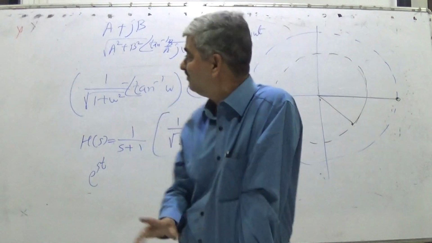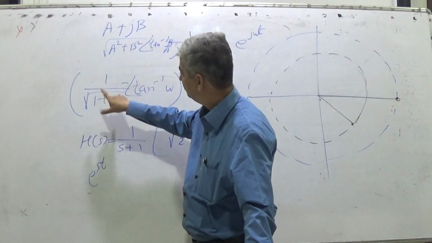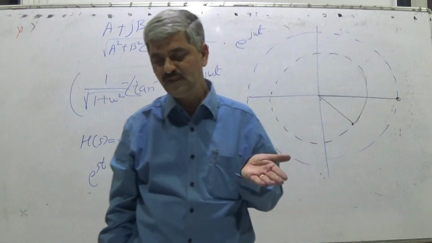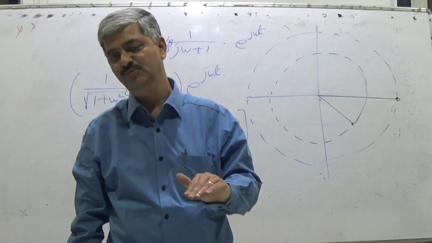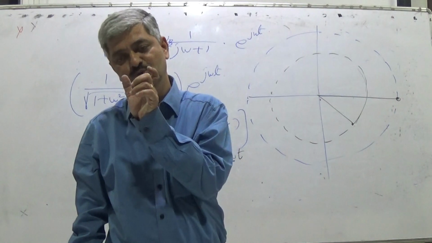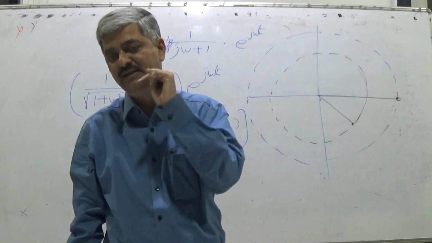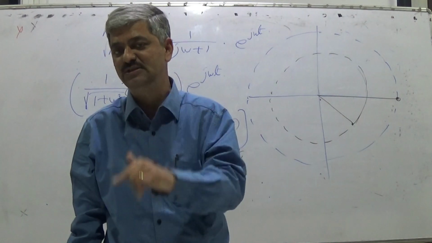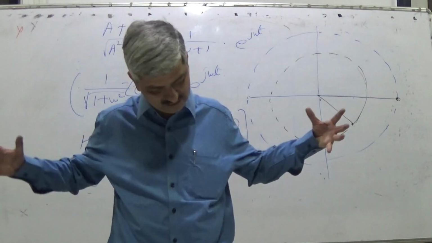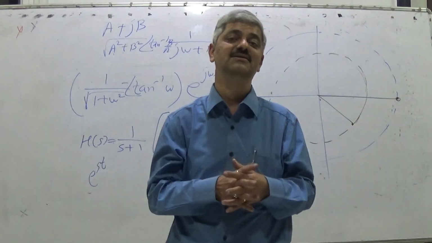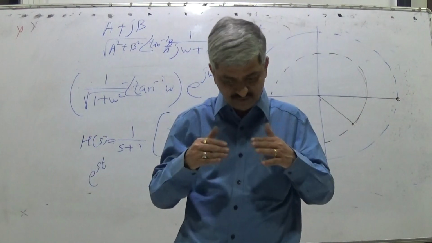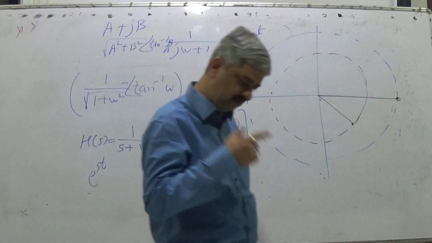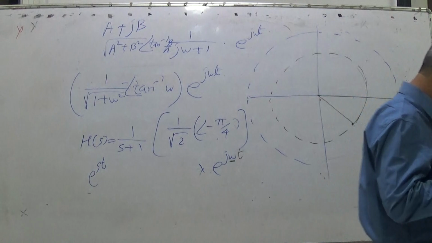Listen very carefully. This is the radius, this is the angle. So what is changed? For a rotating point input, the output radius changes and the output position relative to the input position also changes. And when we combine all these things, we further analyze for stable systems and unstable systems. So now the things are not so easy.